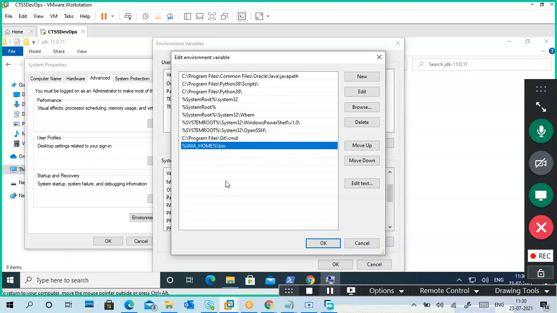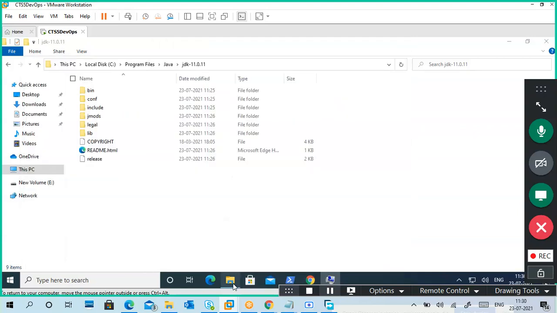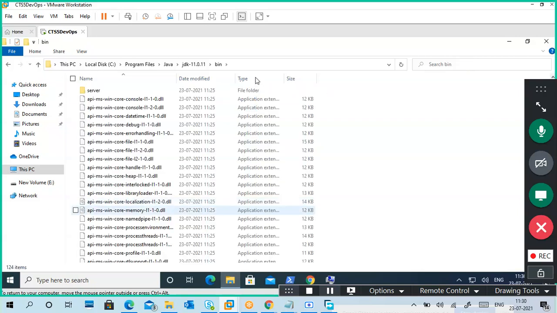Okay, or otherwise you can give the full path also. You can give the full path like this, as it is from the C drive kind of stuff. You can give it like that also. I'm not giving it like that, I'm giving the full path. So directly I'm going into bin, open the bin.